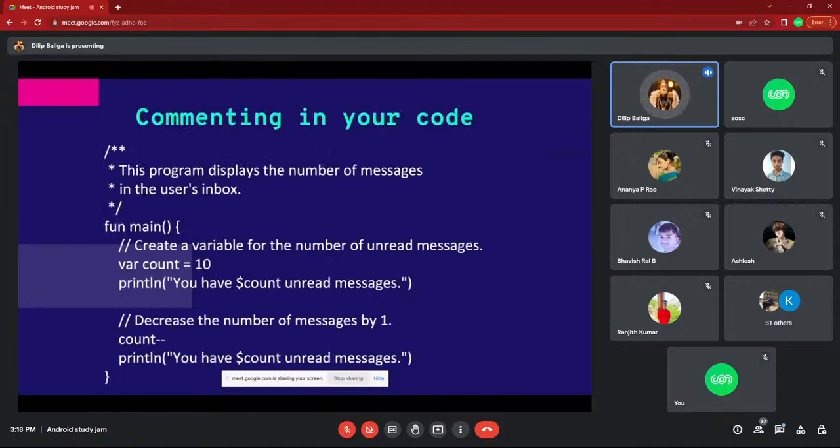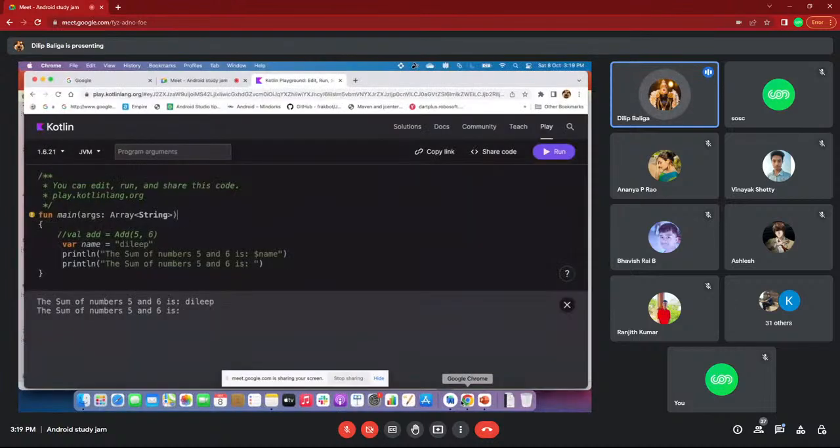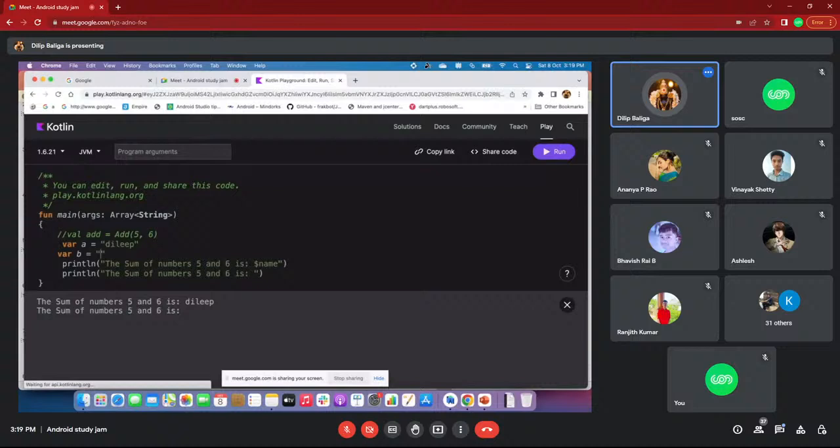Now commenting your code. See, this is very important. I'll tell you one scenario. When I was in college, in the lab also, we were writing a equal to Dilip, b equal to Baliga, and so many programs like this.